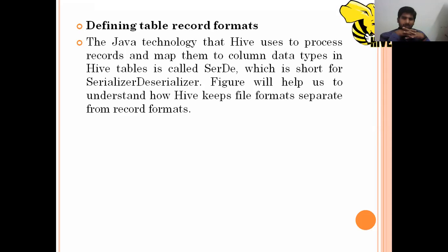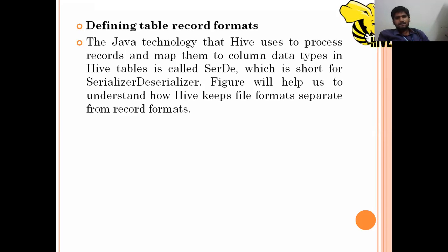So what is the meaning of serialized and deserialized? Where did we hear these words? We heard them in the first unit itself. I remember. Anyone remember? Wrapper classes, where we perform these serialization and deserialization. We are converting from one form to another, from input text format to byte format and byte format to other formats.